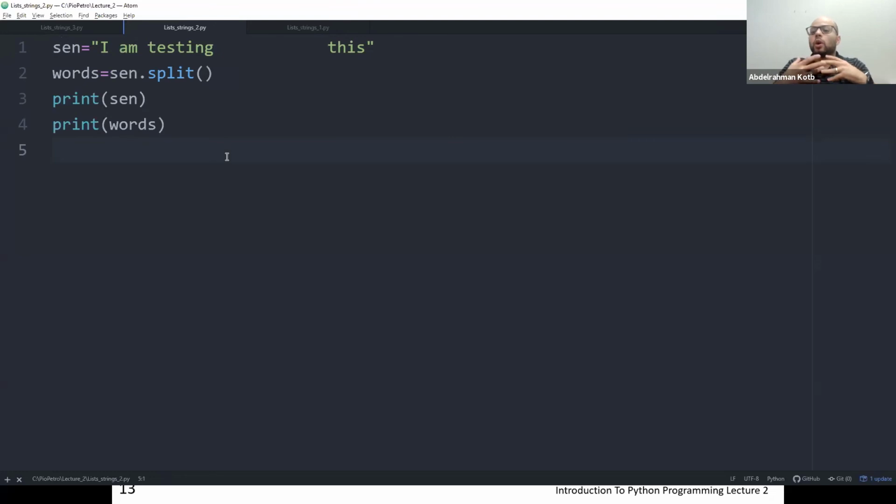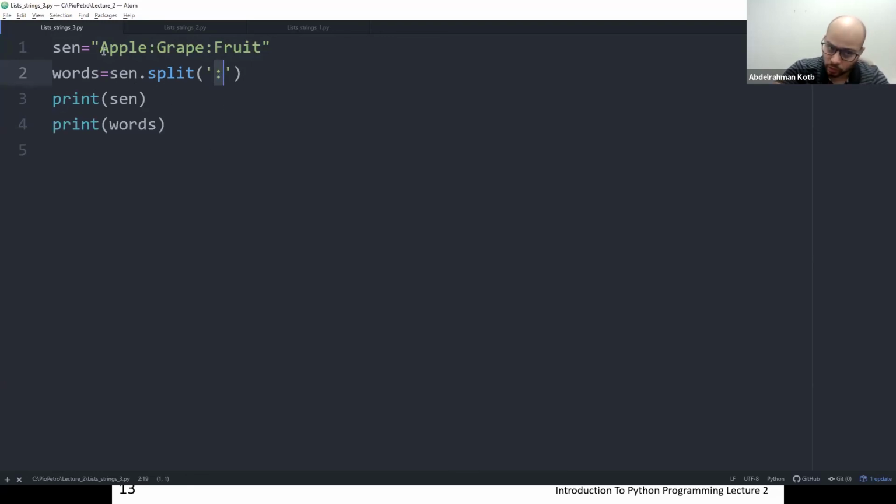Okay, so what if I don't want to split using space? What if I have a string that is separated by colons or semicolons or full stops or commas, or instead of wanting to get the words, I'm trying to get sentences? So I want to know each sentence that is separated by a full stop, or I'm trying to get the questions, where each one is separated by a question mark. How do I do that? And it's actually very simple. If you have the string that is separated by colons, and I want apple, grape, fruit, I can just say split using this character, which is a colon.